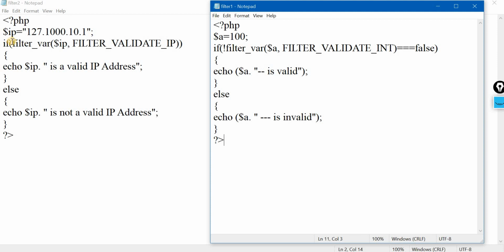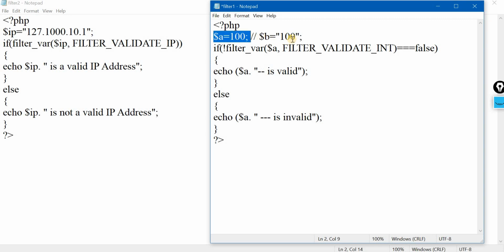Okay. Now let us come to the filters that I have and we will compare the if condition. This if condition is a very simple if condition as compared to this. First of all, let us understand this operator. This is an equality operator but with an additional aspect to it. It not only checks the value, it also checks the type of value. So for example, if I have something like this, $B equal to,